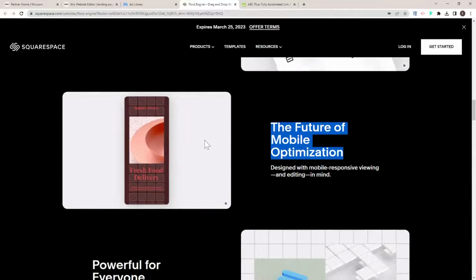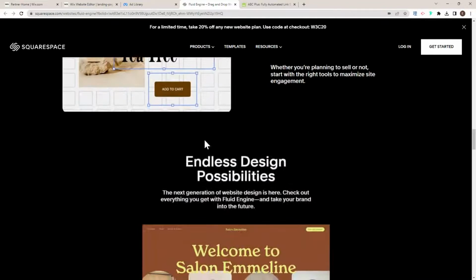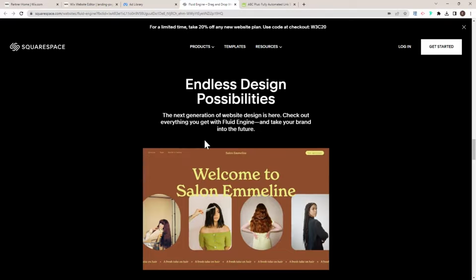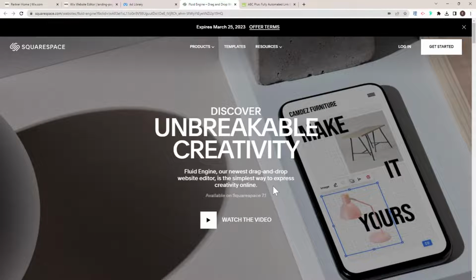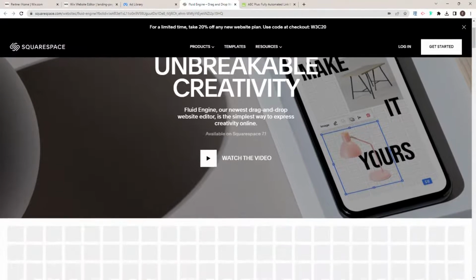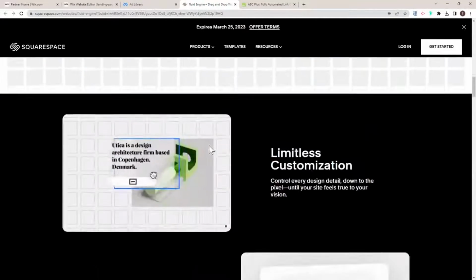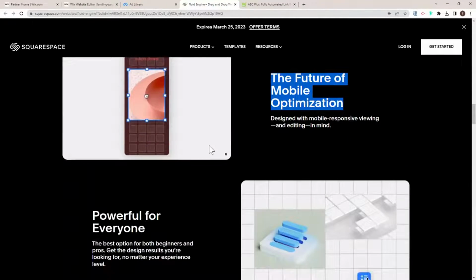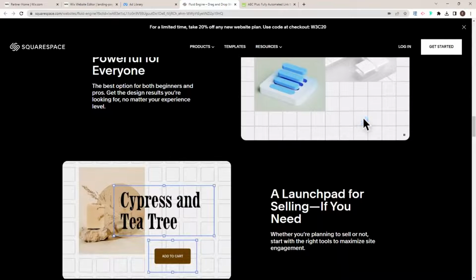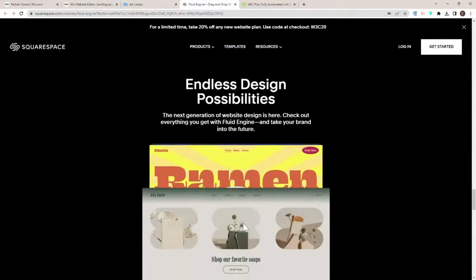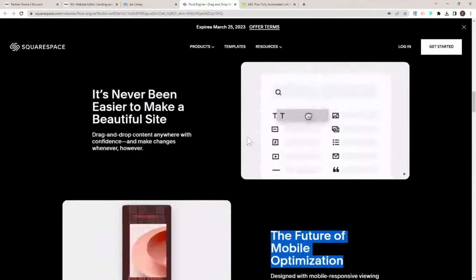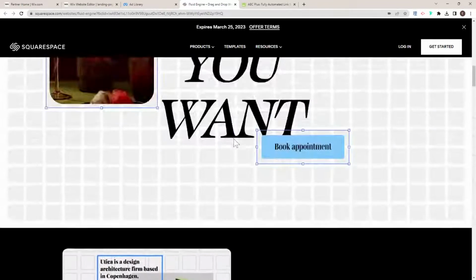So here, the future of mobile optimization. There are some other unrelated things on this page, but as soon as I landed on the page, there was a relationship between the ad and the landing page. And again, just because this is Squarespace and they're a big company, it doesn't mean that they're perfect. Just because they built a landing page like this doesn't mean that this is the way to build a landing page. For example, I think that there aren't enough call to actions on this page